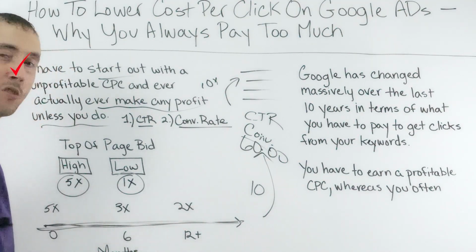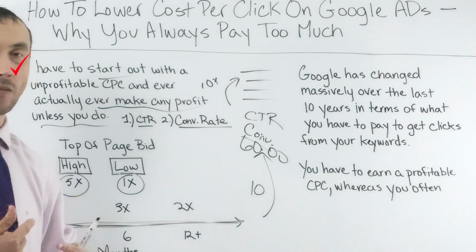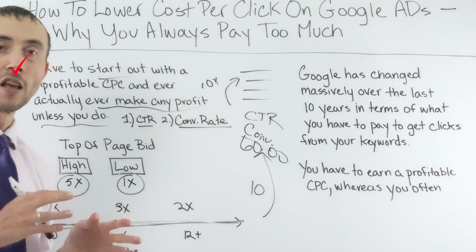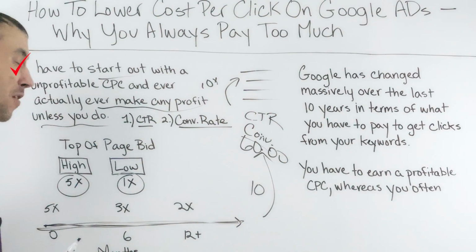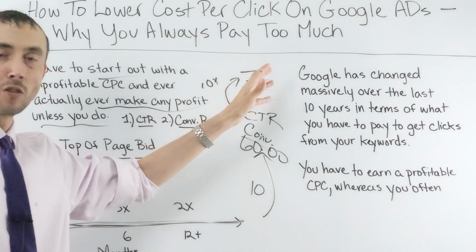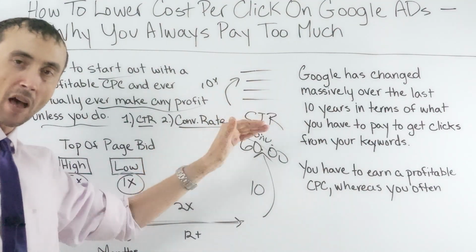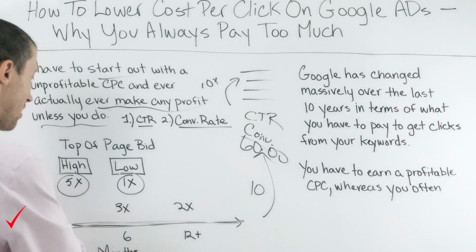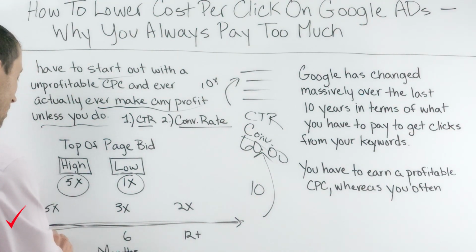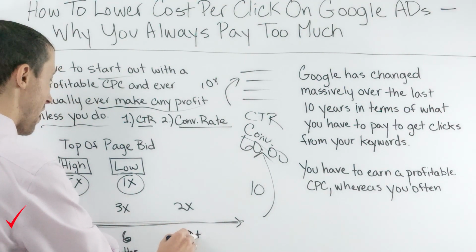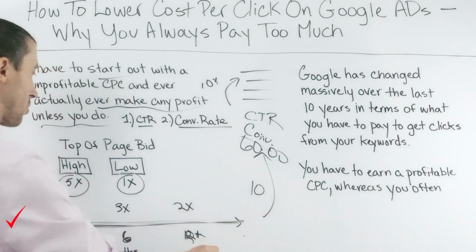what you'll start out with, there's always this process of having Google's system figure out what it is that you have. Do you have a poor click-through rate? Are you kind of in the middle of the pack? Do you have a good conversion rate? Are you in the top of the pack, middle of the pack, lower of the pack, bottom of the pack there? And so if this is 0 months here, this is a time scale, you're starting out here, and then this is after you're running your ads for 6 months, here's after running your ads for 12 months, and so on and so forth,